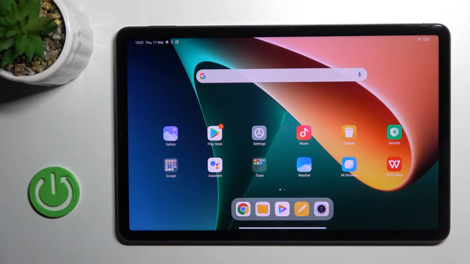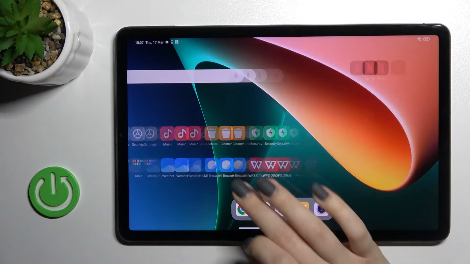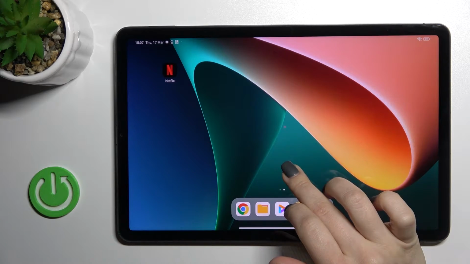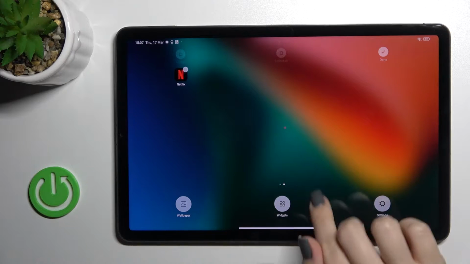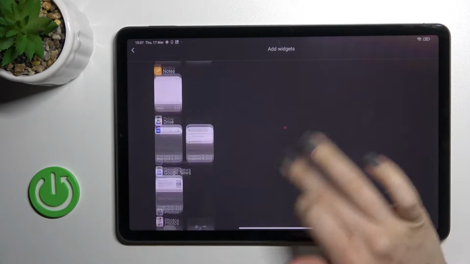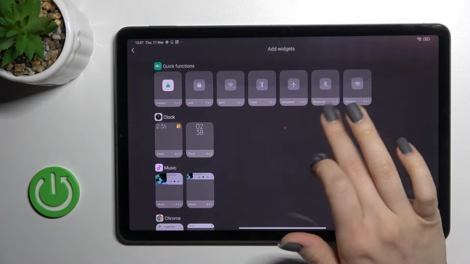Today in front of me is the Xiaomi Pad 5, and I'll show you how to add or remove home screen widgets on this device. To do that, hold your finger on the device screen for a while, and here you'll see the widgets icon. Just tap here, and as you can see, we have all the available widgets that we can add to